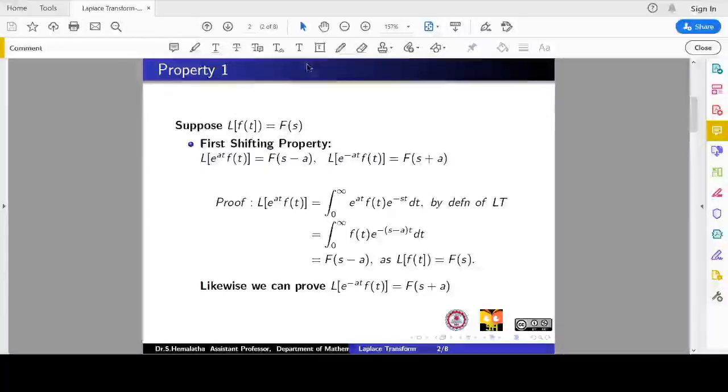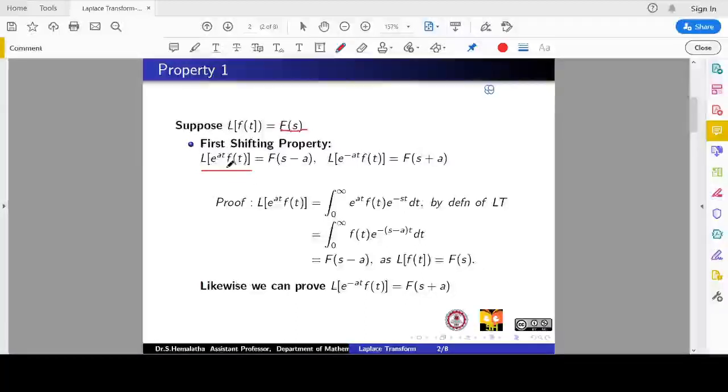For all these cases, remember whenever we say L of f of t is equal to F of s, whenever I say capital F of s, it is going to be the Laplace transform of just the f of t function. Please do remember that. Okay, the first property, L of e to the power of at f of t, which